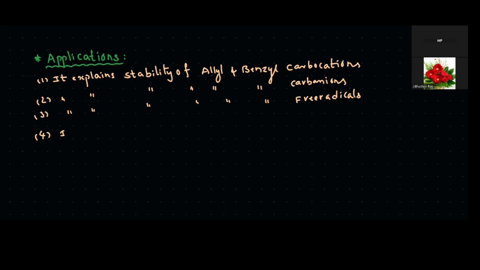it explains stability of molecules and ions. This one also very, very important. Fourth condition also we will discuss stability of the molecules and ions. Next, fifth one,